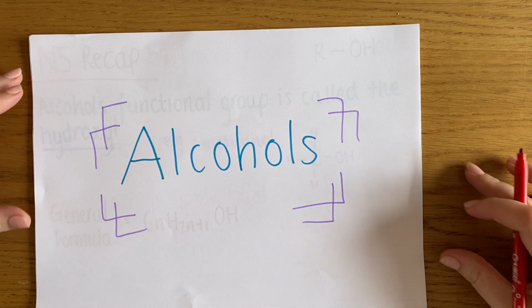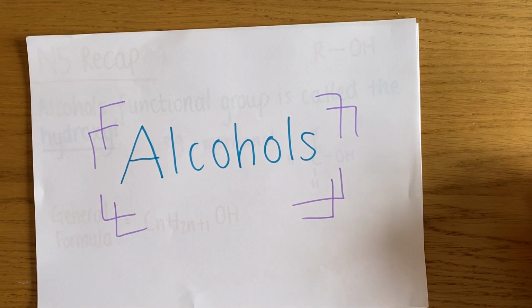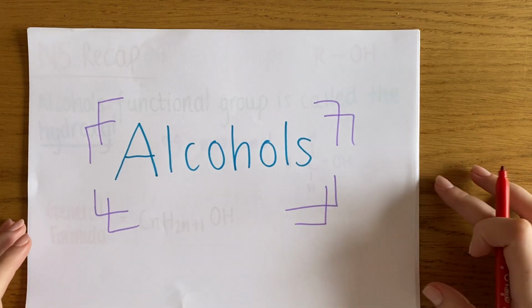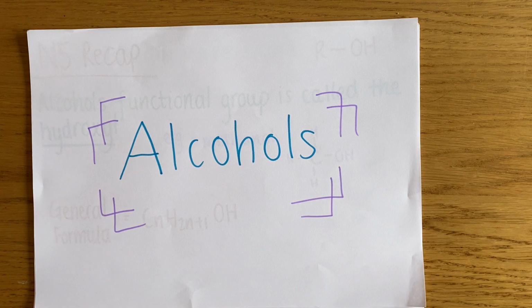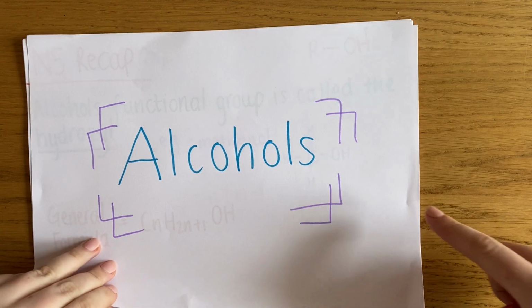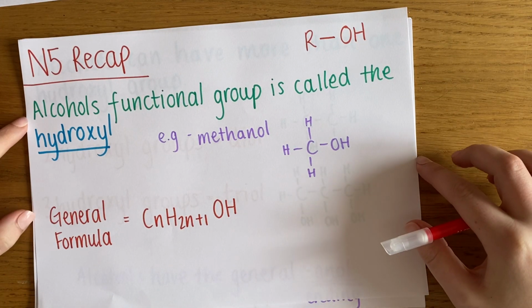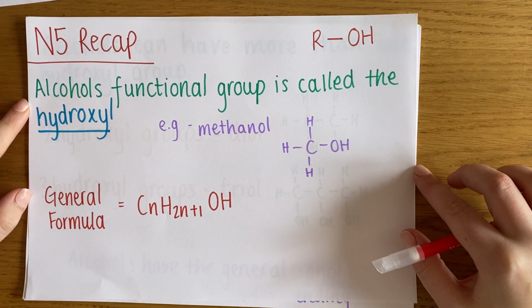Okay, so this is the start of Unit 2 for higher chemistry, and your first topic is alcohols. So there is some National 5 recap in this, and obviously some parts of the higher. So, alcohols. Starting with your Nat 5 recap, you need to know that alcohols contain the functional group called